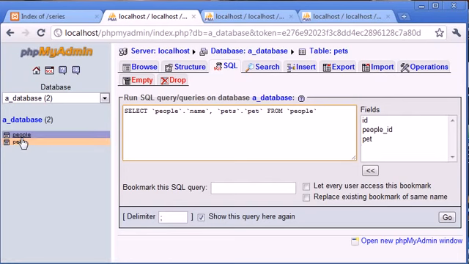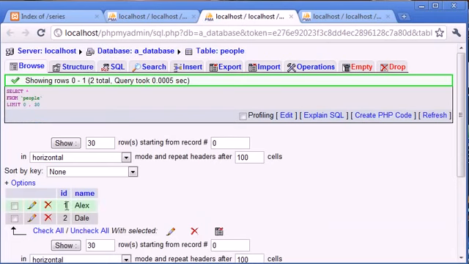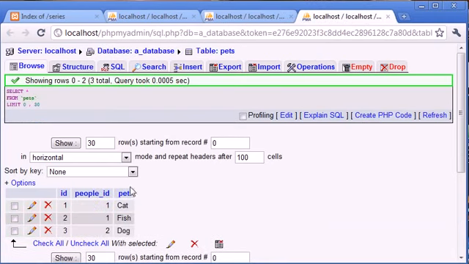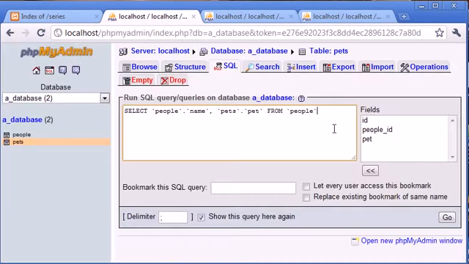So we want to say where this ID here is equal to this people ID here. So we do this in a slightly odd way. We say from people, we say left join, and the table we want to join, so pets. So select from people, left join pets,